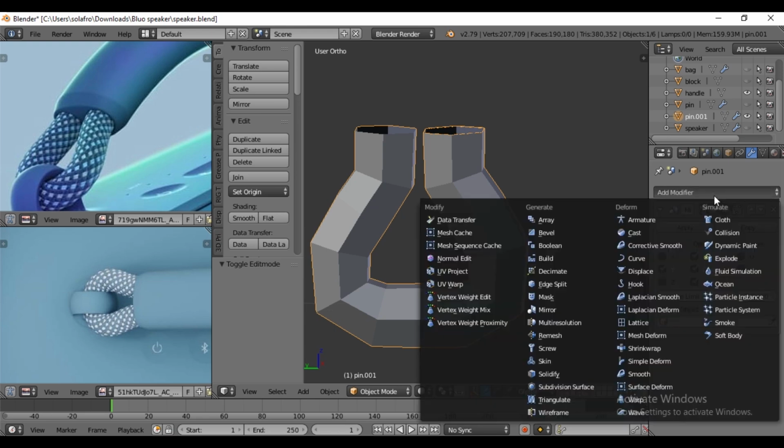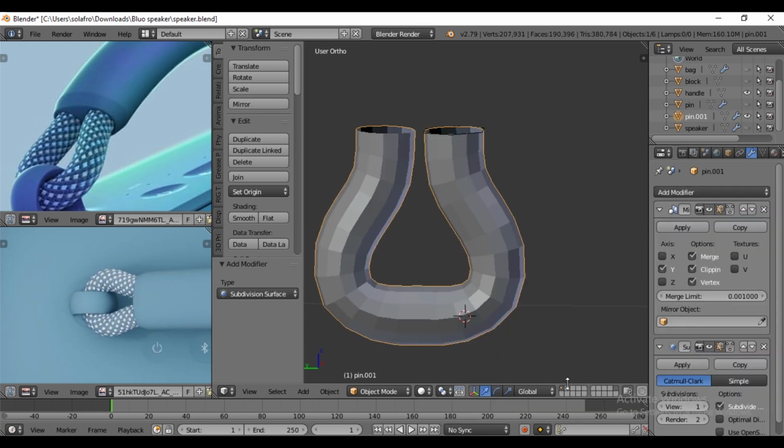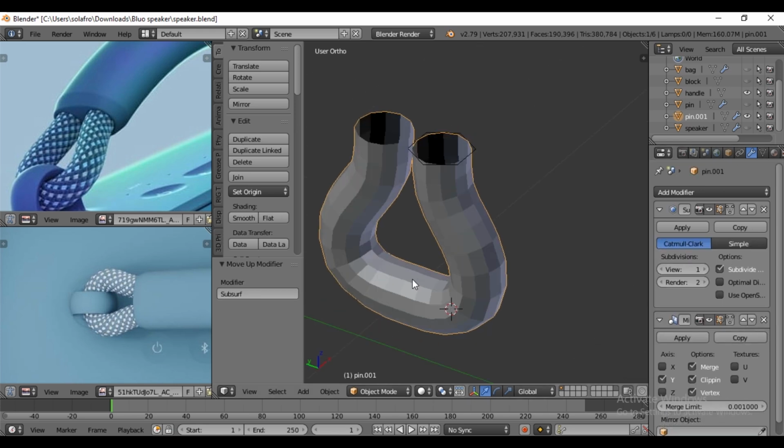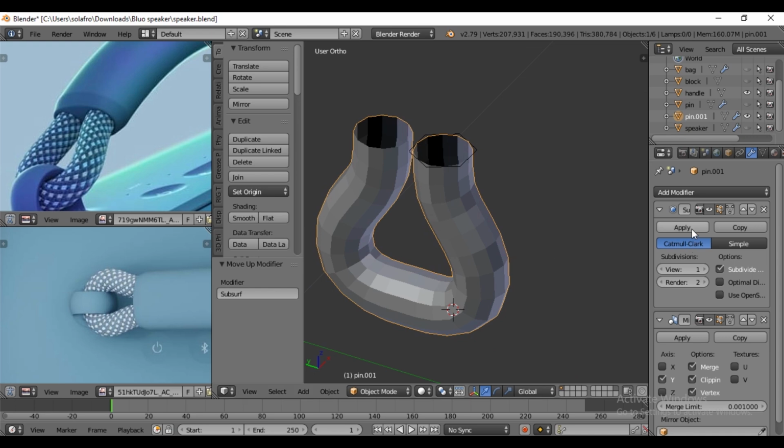In the modifier section, add 1 subdivision. Then apply it.